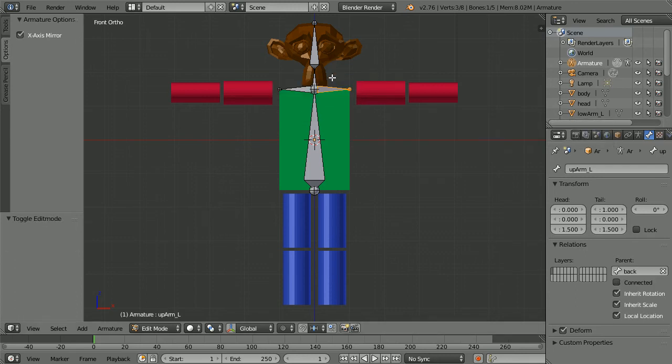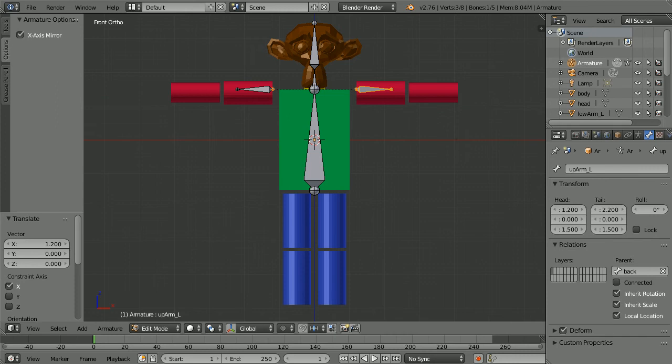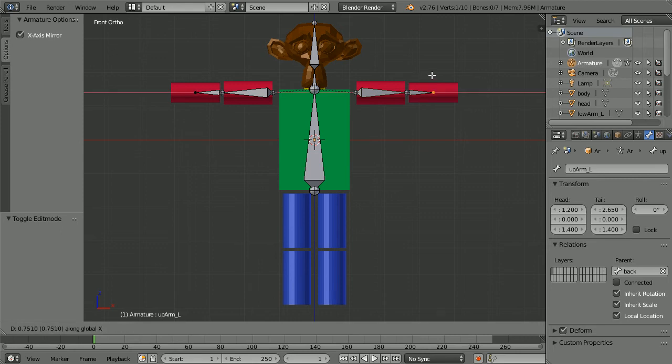Press G for grab, X for the X-axis, 1.2 and enter. Press G to grab, Z for the Z-axis, minus 0.1 and enter. Select the tail of the bone, press G to grab, X for the X-axis, 0.45 and enter. To extrude with mirror, hold down Shift and press E. Press X for the X-axis, 1.45 and enter. And name the bones